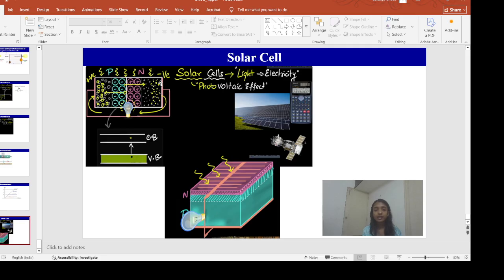So when you are shining light everywhere, what will happen? On the N side and P side, electron hole pairs will get formed and the charge carriers will get lost. But in the depletion region, we have an electric field from right to left. So when you are shining light, electron hole pairs are generated, and before they recombine in this region, they get immediately swept away by this electric field. Electrons get swept away in this direction, and holes get swept away in this direction.